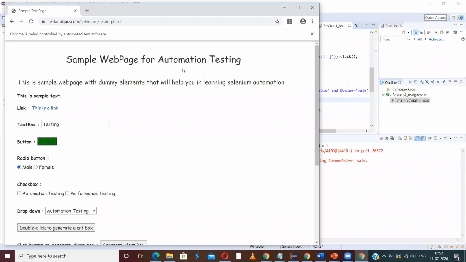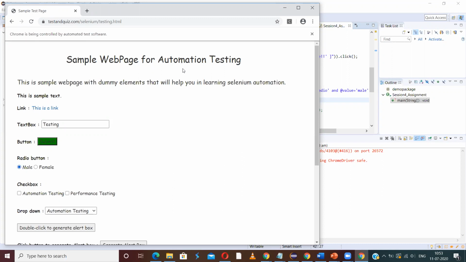For selecting male, I have used the concept of explicit wait, and for clicking the button, I used the isEnabled method, which returns a Boolean value. After making sure that it is enabled, only then I have clicked on the button.